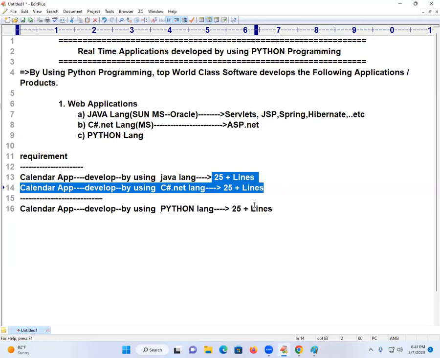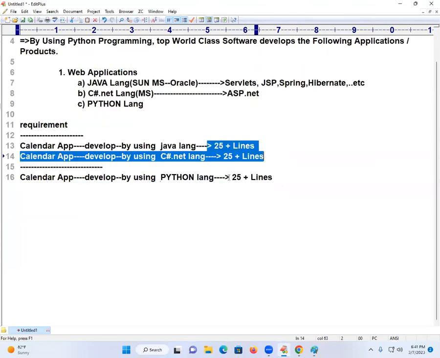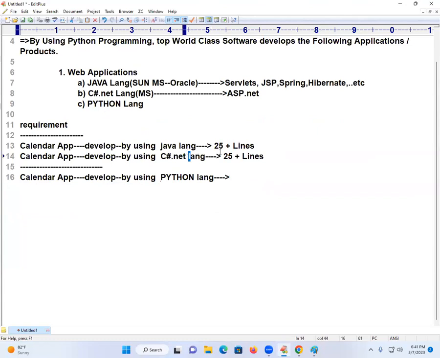So writing this many lines of code, is it easy or difficult? Come on, spell out. First of all, is coding easy for you or difficult? 100% difficult. Nothing to think about it. People don't know coding. But Python is a language where coding is easy for a BCom student also, a Bachelor of Arts student also.